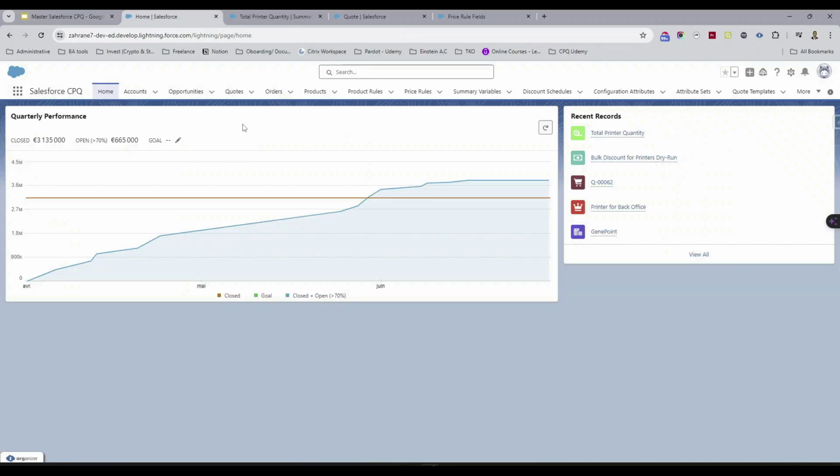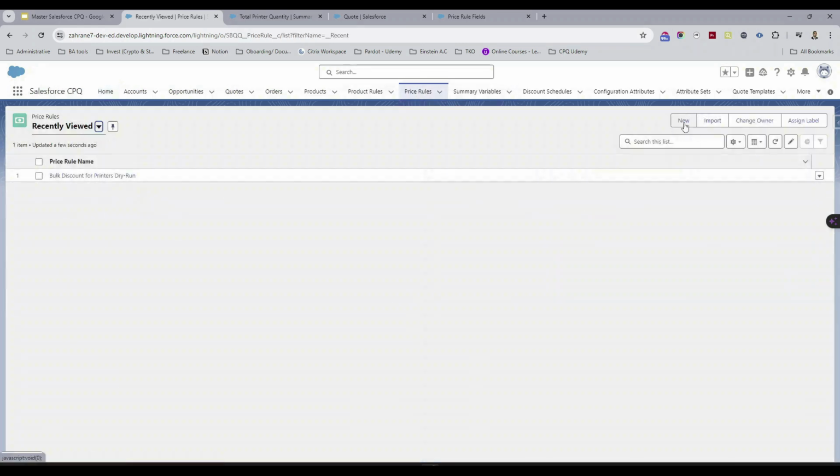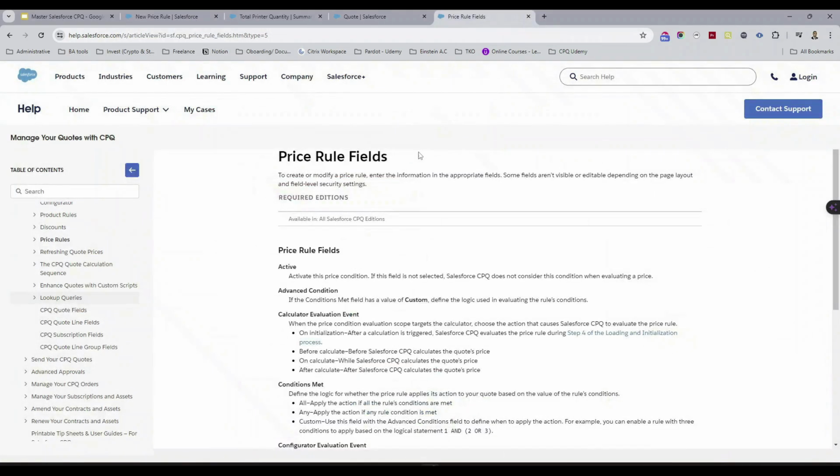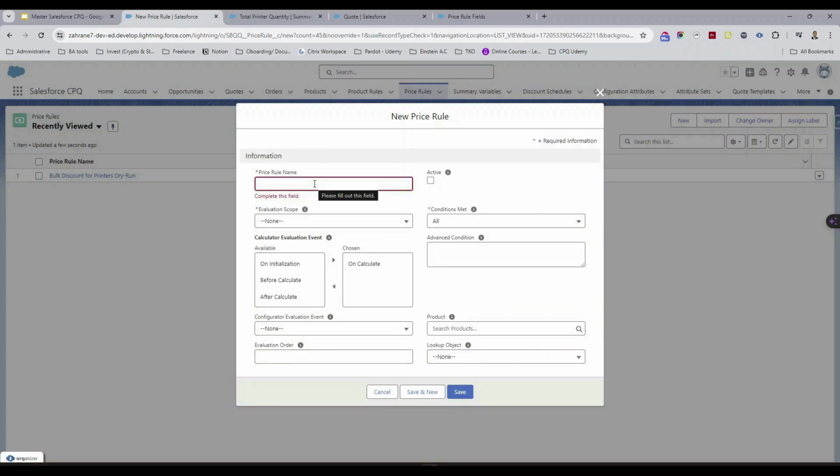So to create a price rule, you navigate to the price rules tab, and from there you hit new. Once you are here, we need to fill in this information. In the attached resource, you will find a link explaining every field. Basically, we have the price rule name, which is the name that you're going to give to your price rule. It will help you identify it later on. Then we have the active checkbox. It's used to activate or deactivate the price rule. Ideally, keep it unchecked until you finish working on your price rule, meaning after you configure your price conditions and